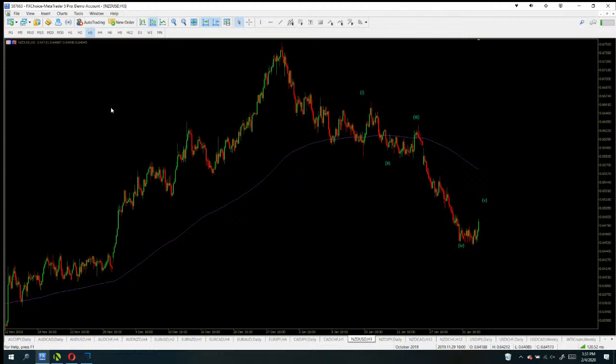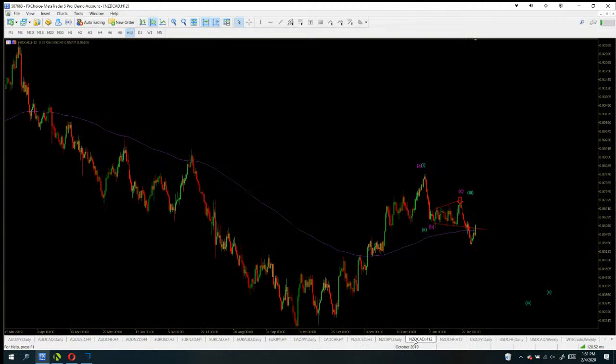Now, it could be that we might see some initial strength in the Kiwi, and maybe this will go up a little bit more, and then later in the session or tomorrow, we'll see this go back down. So it doesn't mean that it's going to necessarily go straight up or straight down, either way, at the news. But I did want to point out, like I said, that this Kiwi Canadian is a really interesting chart